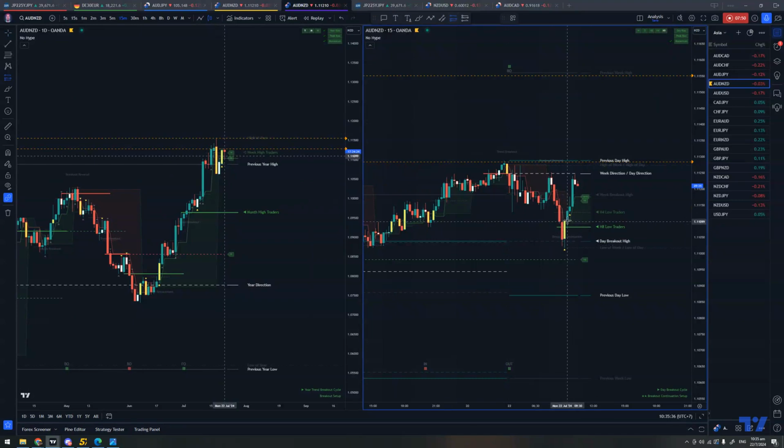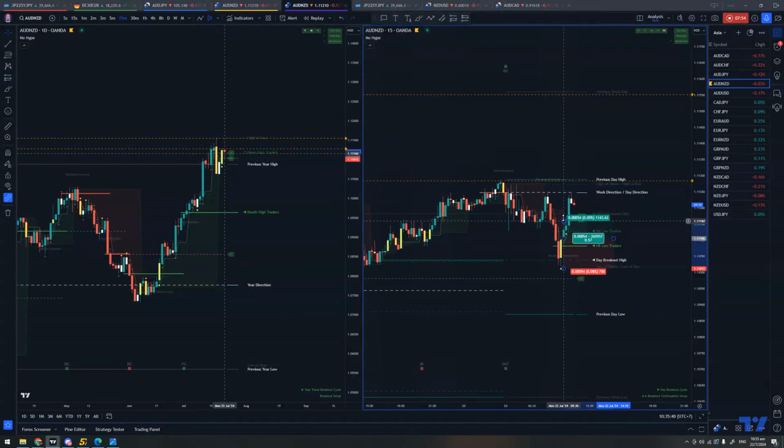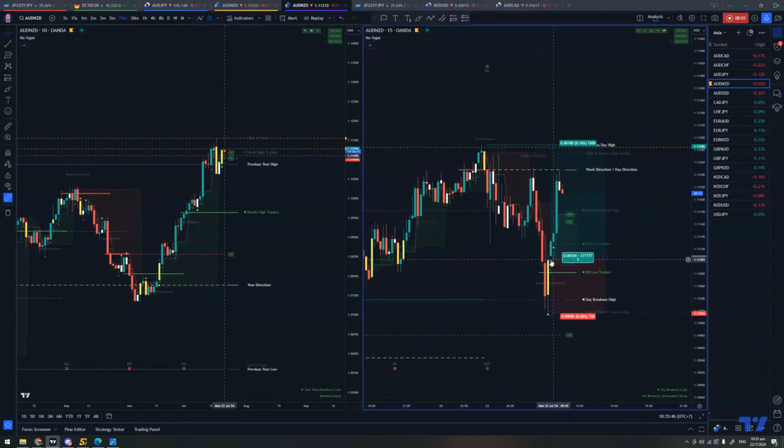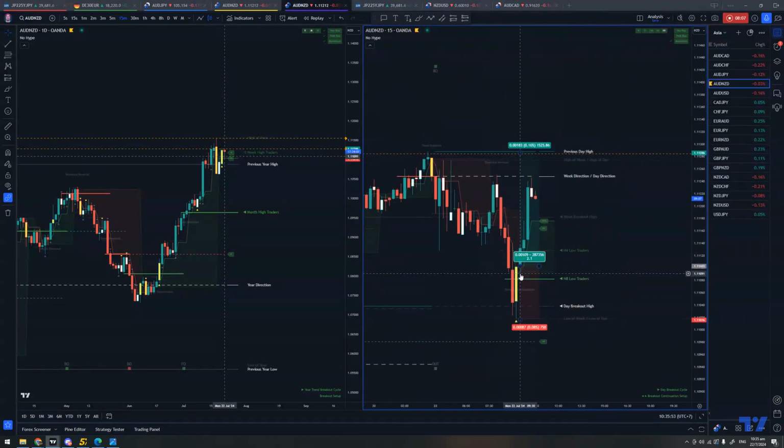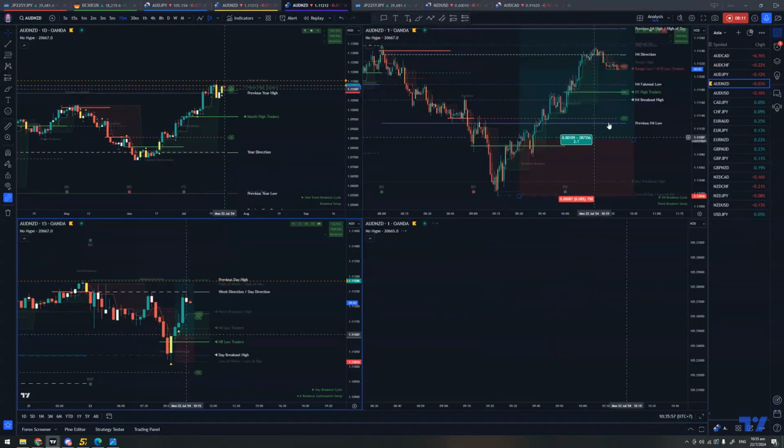I took a trade right on the M15, stop loss at the low of the day, targeted the high of the day, something like this, 2R. So I entered right on the break of the M15 high, went all the way up here, and on the 1 minute, I took